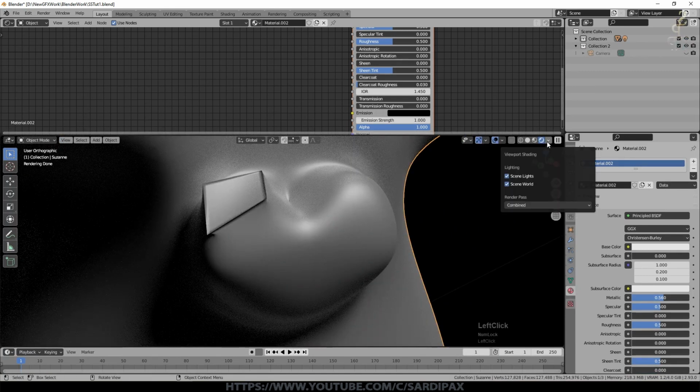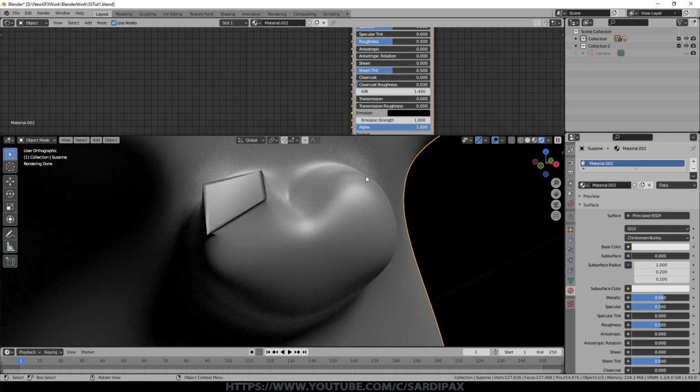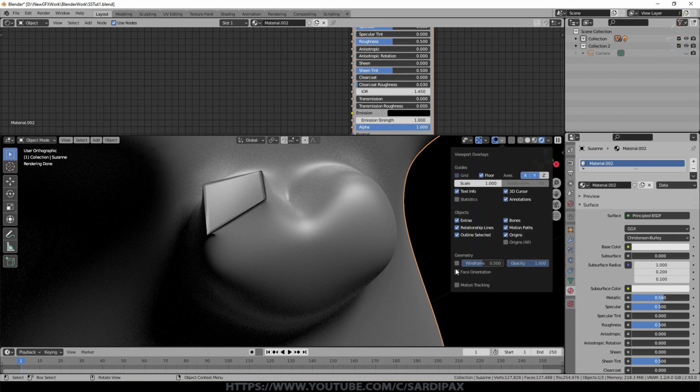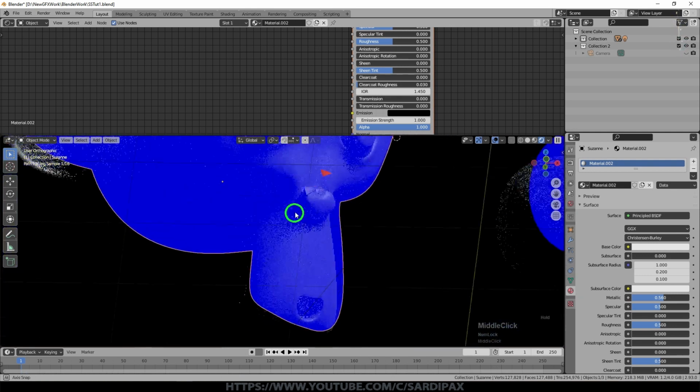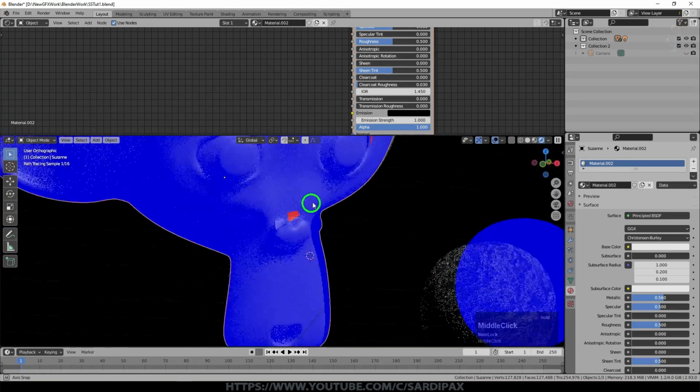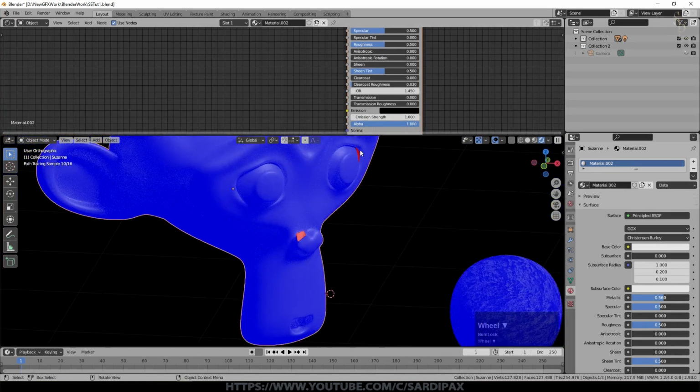Of course, Blender now has a very quick way to check your normals without having to show each of them and look at hundreds of little lines, by just selecting face orientation. And now you can see straight away there's a little red bit on his nose, which is those normals. The little red that we can see up here is that there's a gap between his eye and his eye socket, so we're seeing inside the shape.